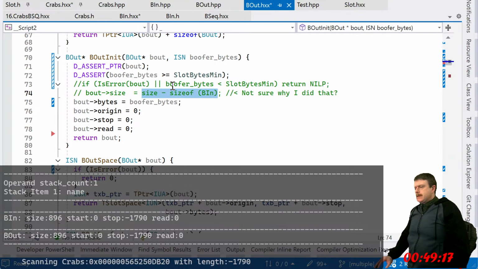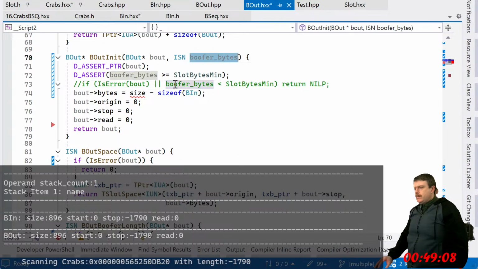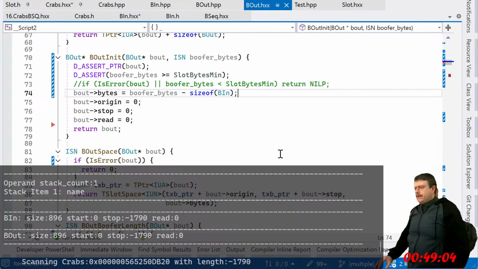It seems to be this one is the correct one. Buffer bytes now.